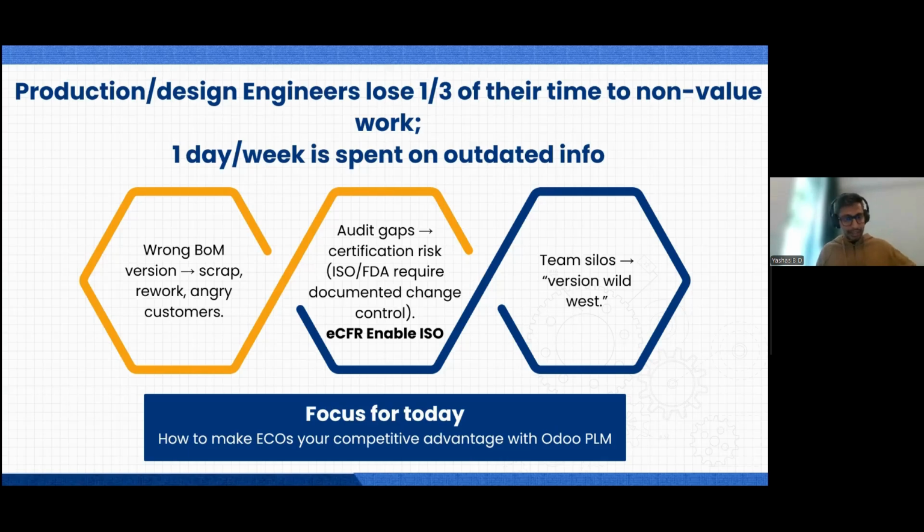And most importantly, as I said, the team silos. If all the teams, starting from pre-sales to design to manufacturing, quality, and then again after-sales, and especially the three teams in the middle, that is the design, production, and quality teams, do not work in sync on one product, taking the example of designing the product, manufacturing, and testing, and then again if there is any change, making a change in the design, and if they work exclusively in silos, it's going to be a lot of manual work, and most importantly, they might end up making mistakes. So that's what we put out as the focus for today.